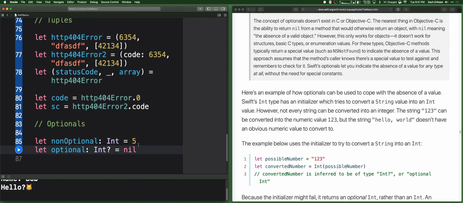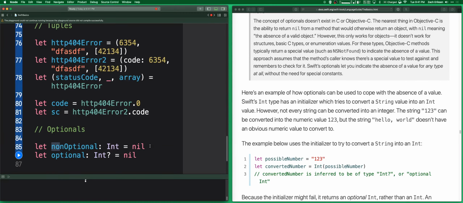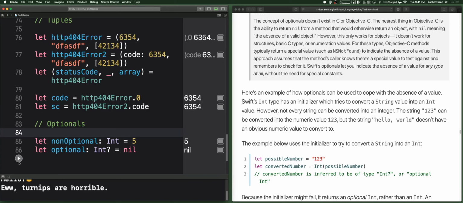So I'm going to try to put both of these to nil, and one of these is not going to like it, and that's going to be the non-optional one. Yeah, now it's crashing. So if I change this to 5 and give the non-optional a value, well then it all works, and that's because optional lets you set things to nil or not have a value for a specific amount of